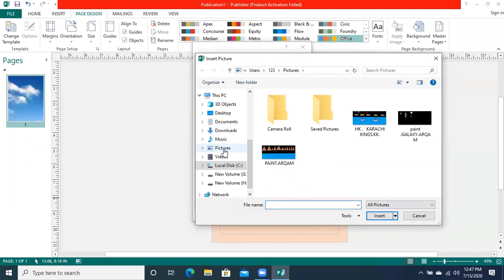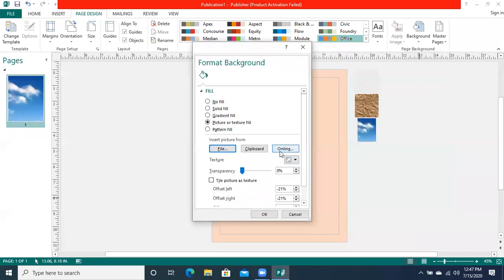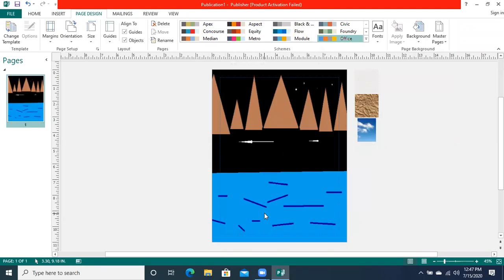File option is the option if you have got some file available and you want to set up as a background. For example, if I have got this file which is there in my PC and I want to set up this file as a background, it will be pasted as a background on my publication. Now it has been pasted as a background on my publication. Okay.